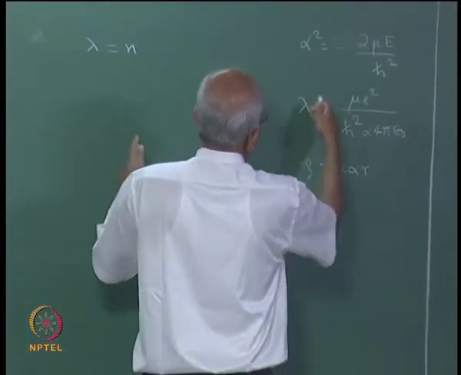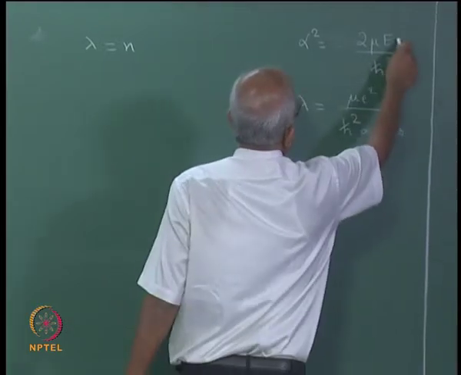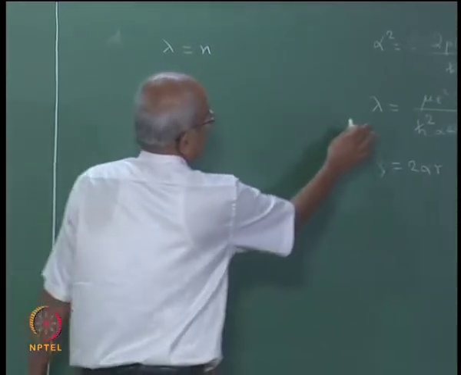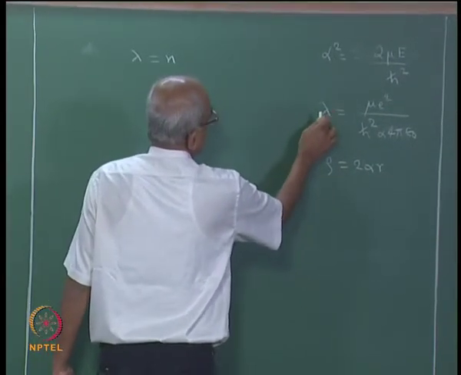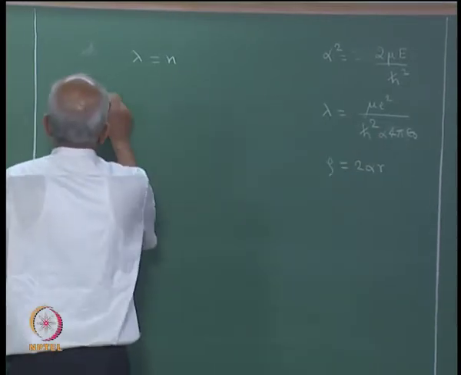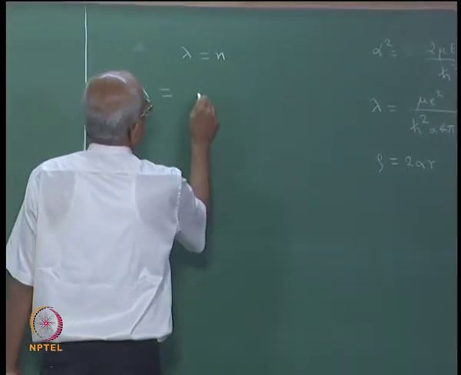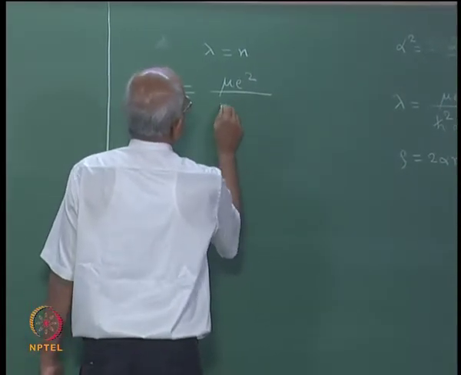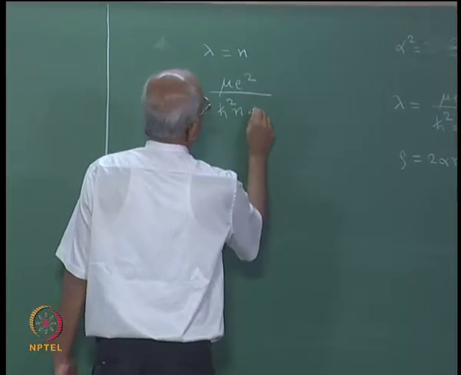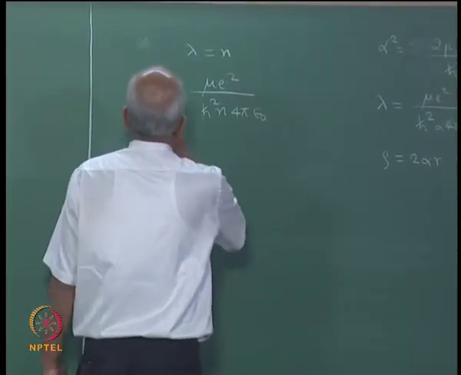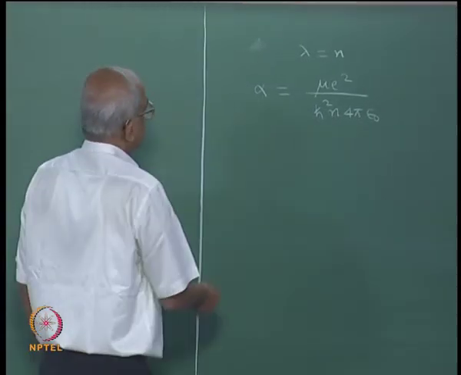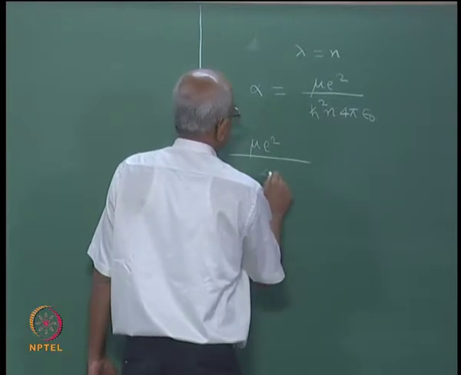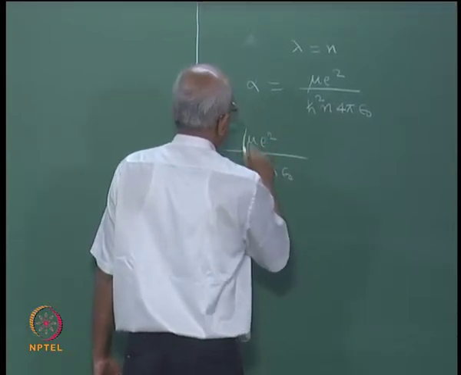And we were in the process of eliminating lambda and alpha, so that you will have an expression for E. So, let me do that. Lambda is equal to n. So, I am going to put here n, and I shall get an expression for alpha. So, what will be alpha then? It is going to be mu e square divided by h cross square n 4 pi epsilon 0. This will be your alpha. So, alpha square I can easily calculate, it is going to be mu e square divided by 4 pi epsilon 0 the whole square